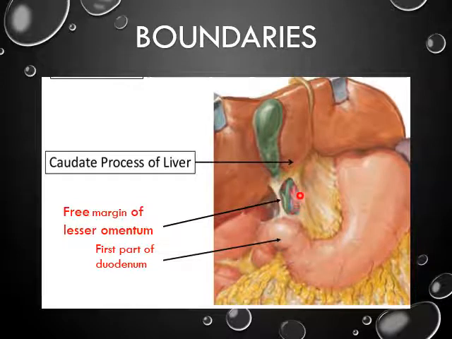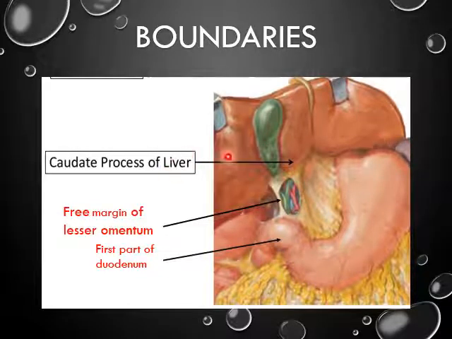So the anterior boundary of the epiploic foramen is formed by the right free margin of the lesser omentum, where the anterior and posterior layers of the lesser omentum are continuous, enclosing three structures: the common bile duct, hepatic artery, and portal vein. That is the anterior boundary. Behind, the posterior boundary, as you have seen in the previous diagram, is formed by one vein, the inferior vena cava. Now we are left with two more boundaries, above and below, that is superior and inferior.